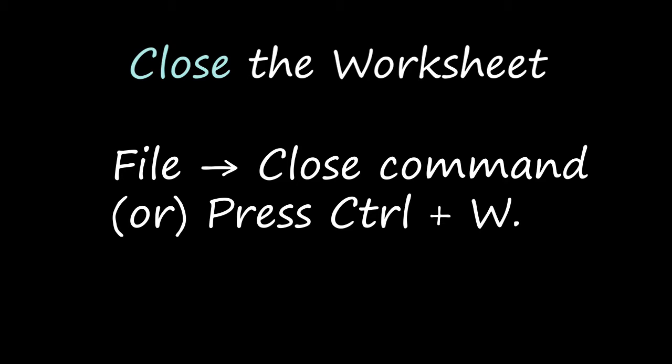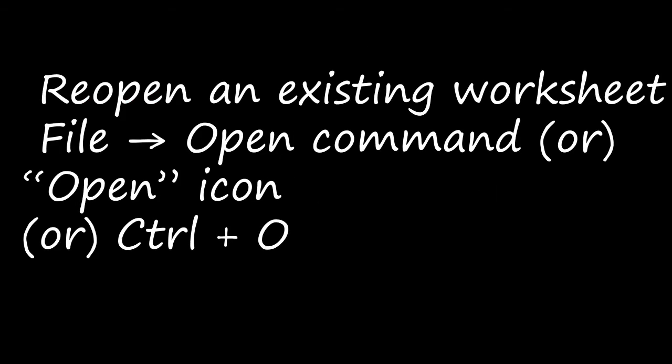Now you have closed it and saved it in some place. So you need to open that particular worksheet which you saved and closed. For that, you first have to reopen the application. You can click open Office Calc, and then go to File and Open. Or the Open icon will be there, you can just click it, or the shortcut key is Control plus O. You can press the Control key and O key together on the keyboard also.